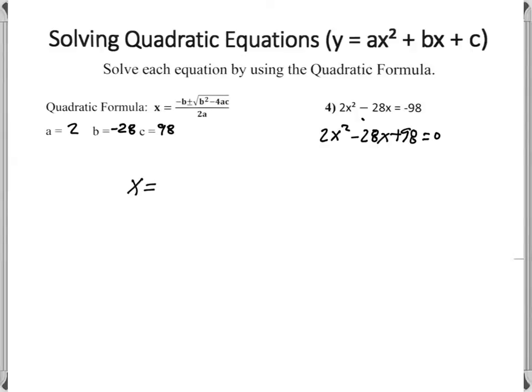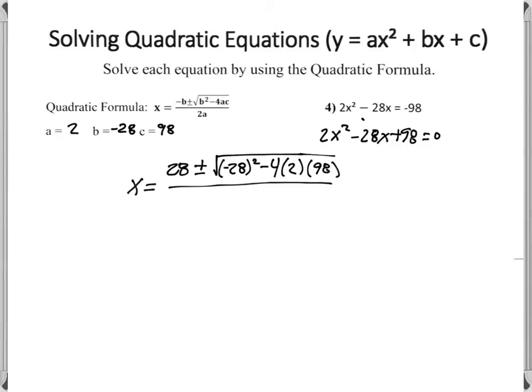So x equals 28 plus or minus the square root of negative 28 squared minus 4 times a, which is 2, and c, which is 98, all over 2 times 2, or 2 times a. So as we simplify this, we'll have 28 plus or minus, and then under the radical,